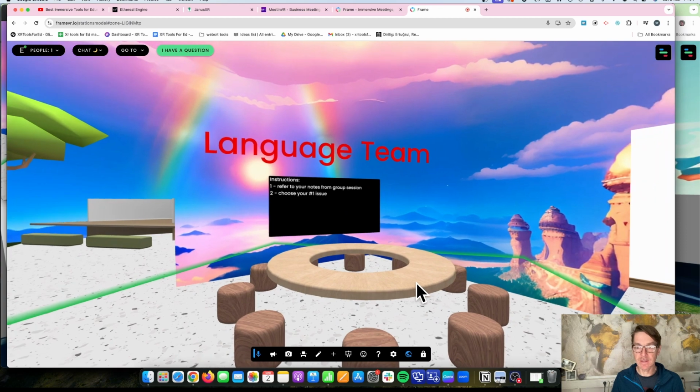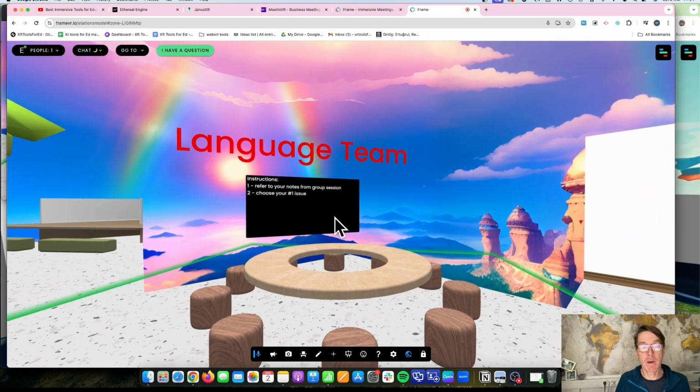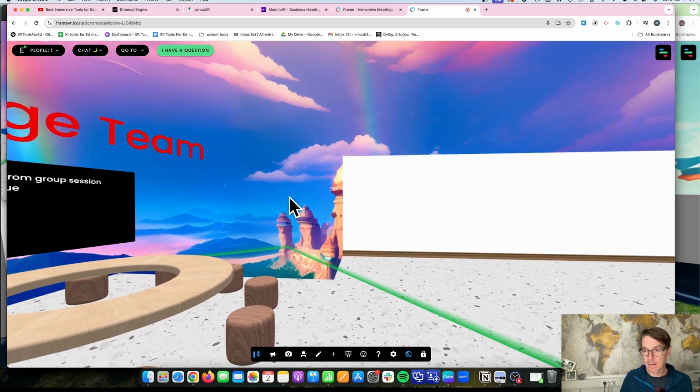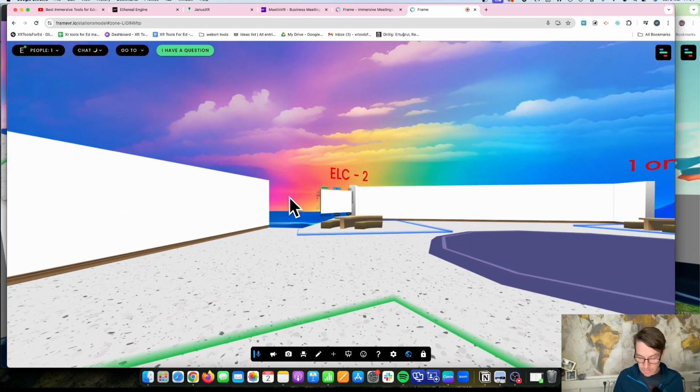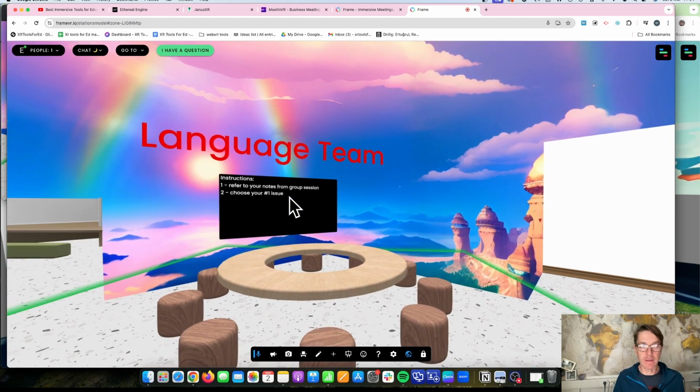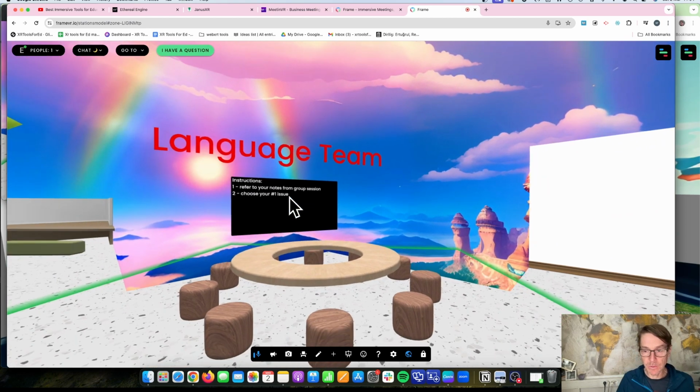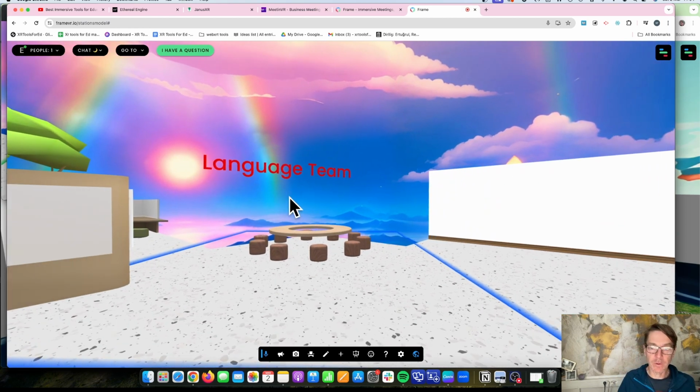So in this example, if I was going to set up a stations model where students are going to work on a particular action in this space, then I could give them specific instructions for that, and then when they move to the other spaces, they would receive different instructions with different activities and resources available to them. There's lots more that you can do with private talking zones that I'm going to do some further videos on later